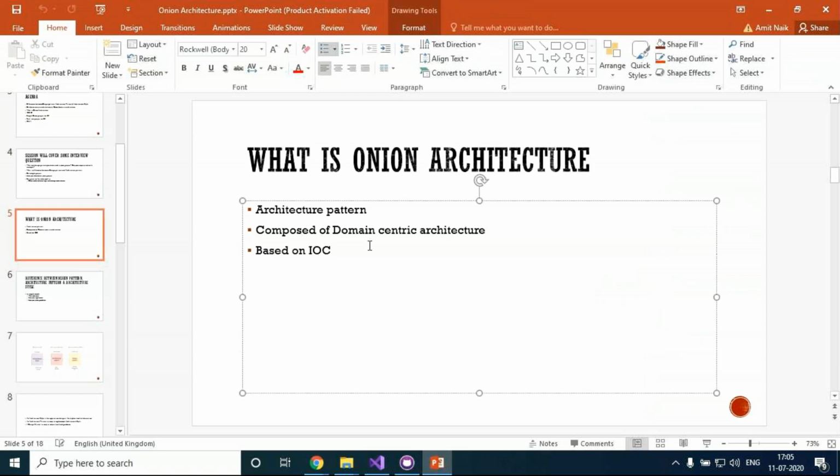Onion architecture was introduced by Jeffrey Palermo somewhere around 2008, who said that instead of having a layered architecture with the database in the middle, we can have a different kind of layered architecture.